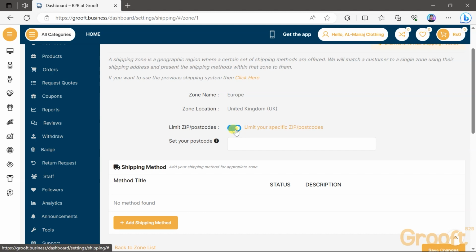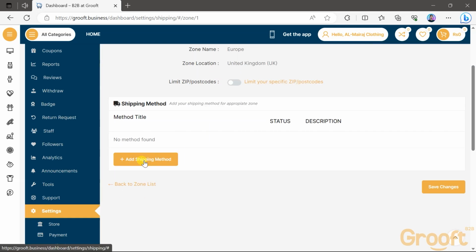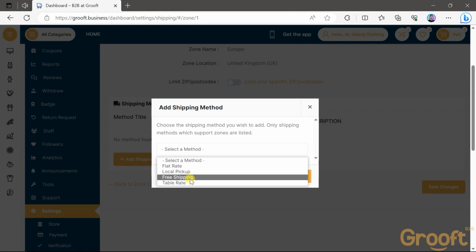Here you have the option to restrict shipping to specific zip codes or postcodes. Otherwise, leave it blank and hit the add shipping method button. And from the drop down list, select your preferred shipping method. It's that simple. At first, let's dive into the most important aspect, which is handling complex shipping calculations based on